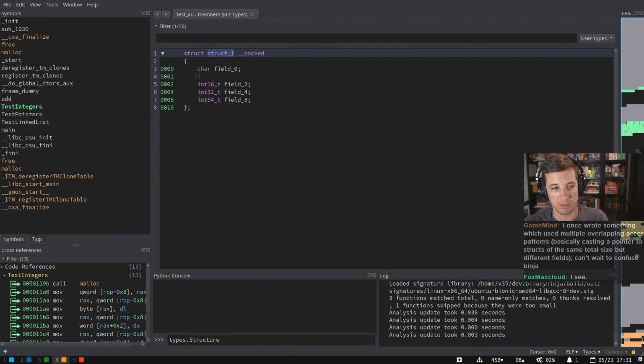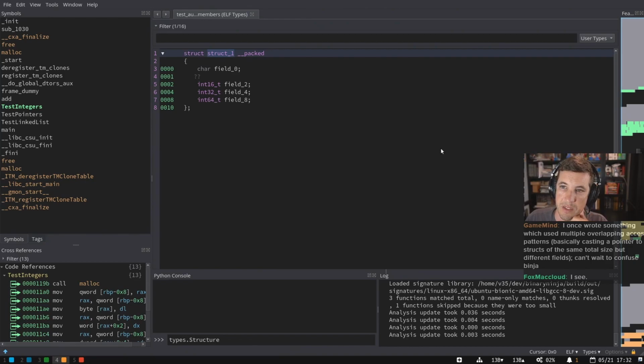So the interactivity helps you teach the tool how to do the analysis. The automation helps you teach the tool once and then let it solve it for all future instances of that kind of obfuscation or that sort of technique. So I think those are the two main approaches for going after something like that.